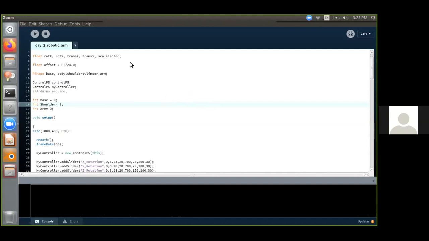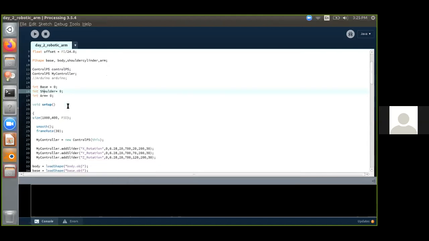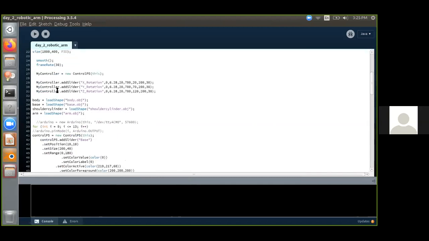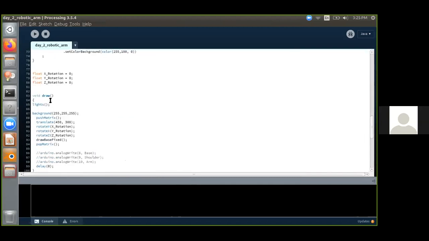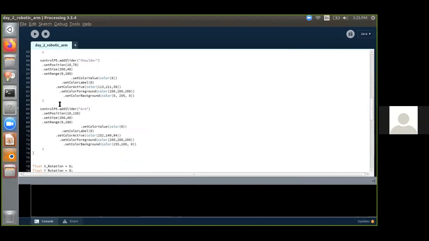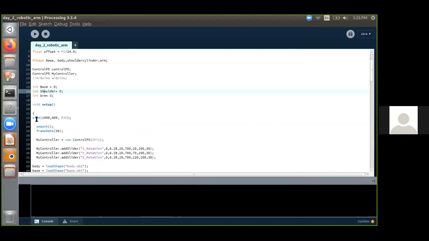Okay. So after that, I said yesterday that whatever is inside void setup will be executed once, and whatever is inside void draw will be executed many times. It will be running in a loop. Whatever is inside void setup is size. So the size of the screen we are going to use will be declared inside size. Size 1000, 400 means that on the x-axis it is going to be 1000, and on the y-axis it is going to be 400. Resolution of the output screen.